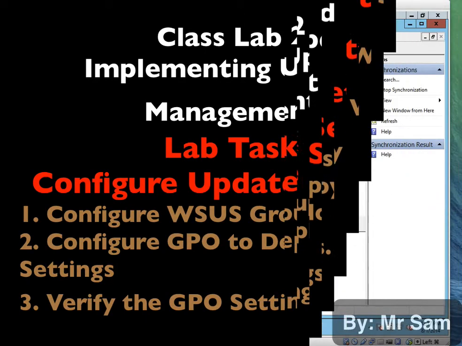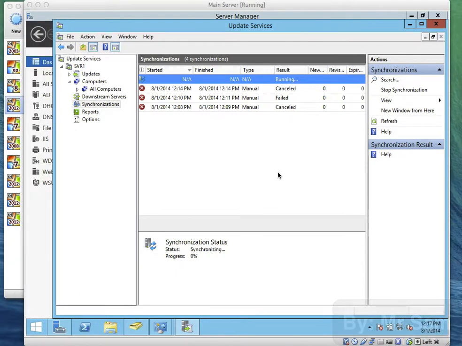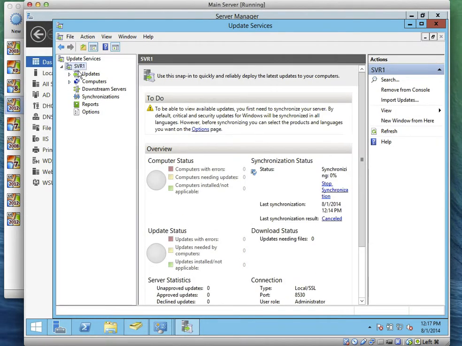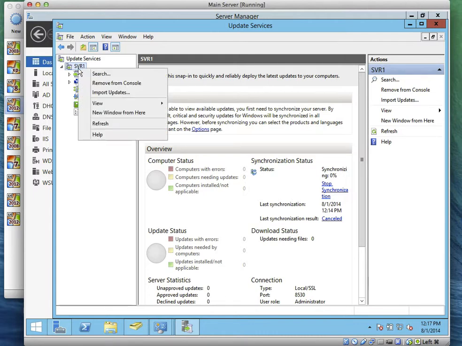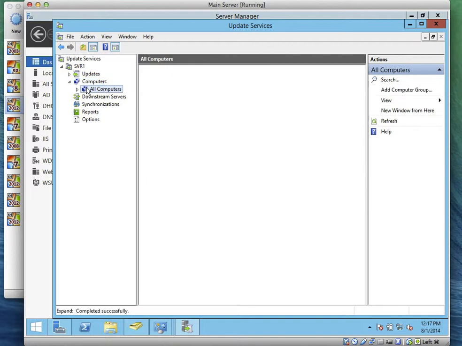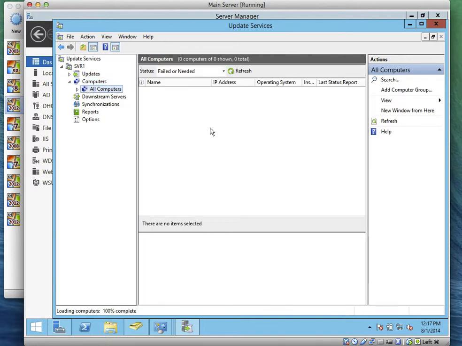Okay, now let's go to exercise 2. So now on the WSUS console, can we go to WSUS console where we have the server? Now, if you go to where you have computers, you notice there it says if you right click, you see all computers. Is that not correct? Now, currently there's no computer group here. Is that not correct? So we can right click and say add a computer group,